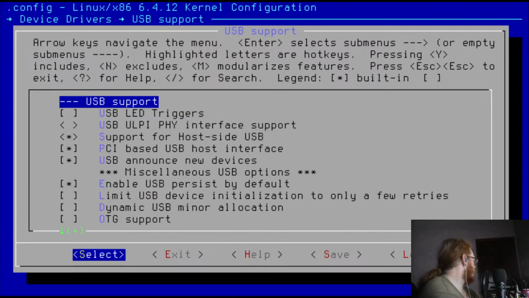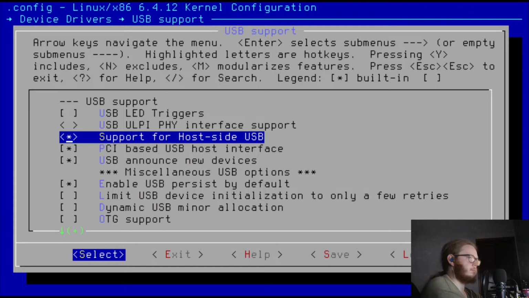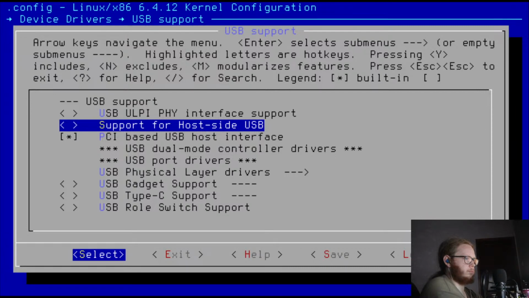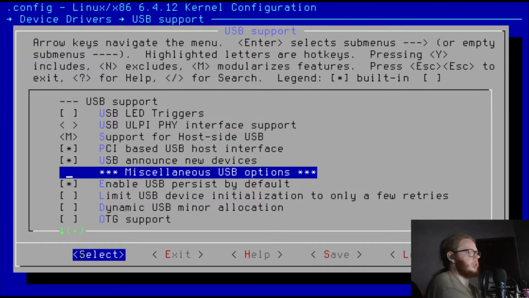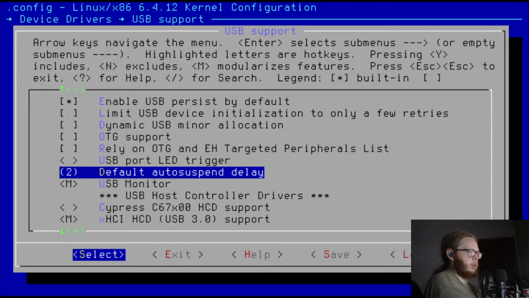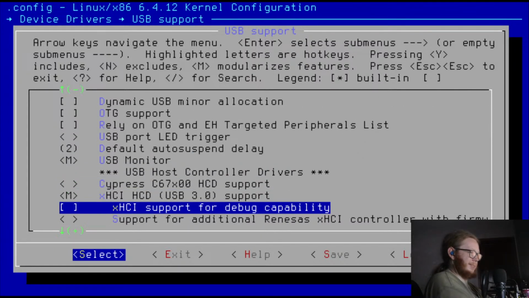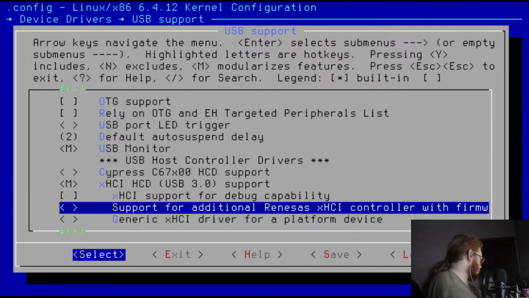The more you know. Right, so we need to enable support for hosted USB device. Oh, I'm dumb. And it's XHCI and OHCI. Apparently they do. Apparently it's already enabled.